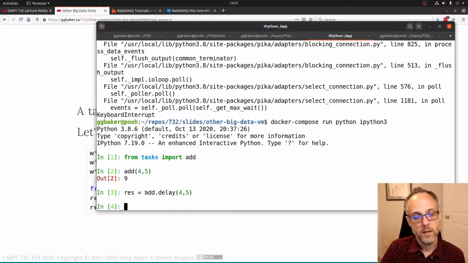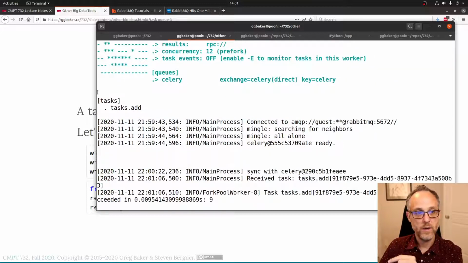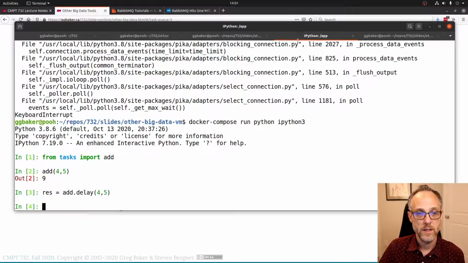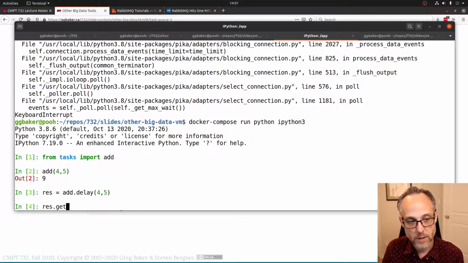Or I can call it as a Celery task. So that was a message just got sent into RabbitMQ. One of these workers, it was this one, receives the message and says, oh, you want to add those two numbers? Okay, I'll do the function call. I'll return the results. And then the result got sent back into this